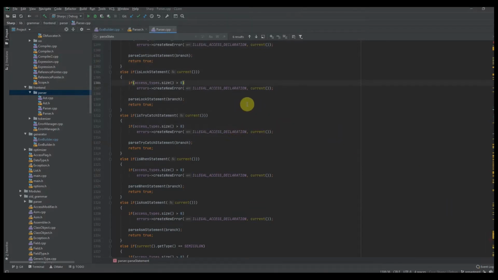So I know the title of this video is going to be how to parse try-catch statements, but we're actually going to be talking about how to parse lock statements as well. So we're going to do this one first. Lock statements are pretty simple, so we'll just start off with this one and then we'll get into parsing try-catch